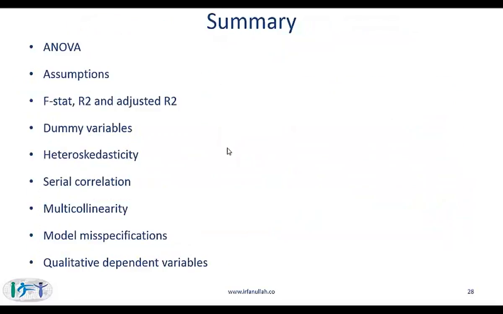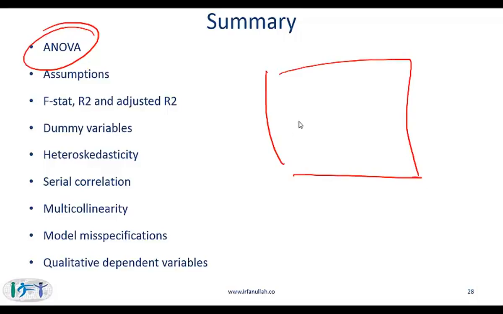Okay, that's the end of this reading. Let's do a quick summary. As I keep saying, one of the most important aspects is the analysis of variation. When you look at your regression analysis, the top section will be essentially the coefficients. So you will have your B0, B1, etc. And then you will have the t-stats and the standard errors. But before you go into the details of this, you will have to look at your f-stat, which is based on